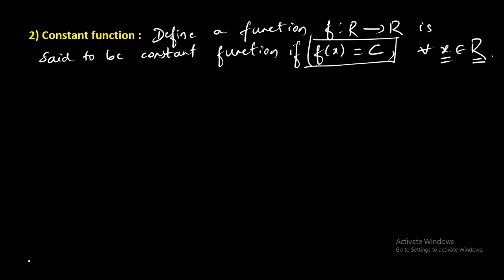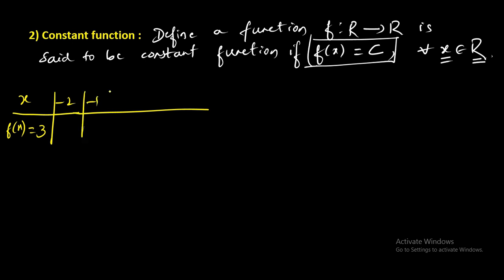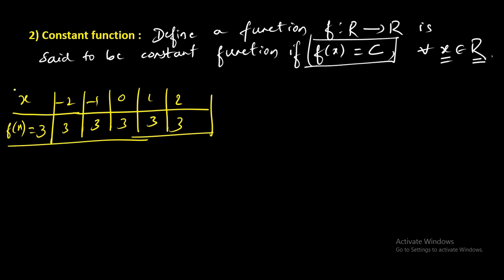Let me have the table here to draw the graph for constant function. Say x value, and f of x equal to constant. Let us take 3 as a constant. So for different values of x, we get the same constant. That is the nature of constant function, students. If you take -2, 3 only. If you take -1, 3 only, because constant, it will be fixed. Even if you take 0, 3 only; 1, 3; 1.1, 1.2, 1.5, again 3. If you take 2, 3 you will get. That's why we call it constant function. I am taking the constant 3 here. You can take any number.